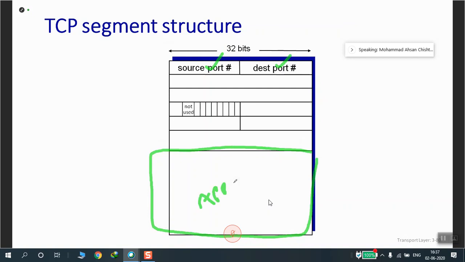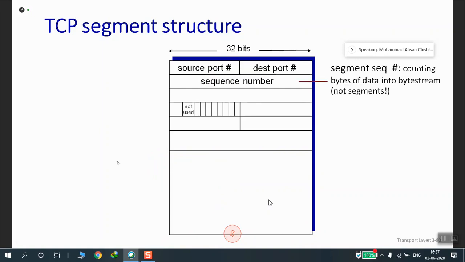This is the message that we have to pass on. So what other things do we see other than the length and the checksum here? The size of the port remains same. The source port number 16-bit and the destination port number again 16-bit. Total that's mentioned here as 32.